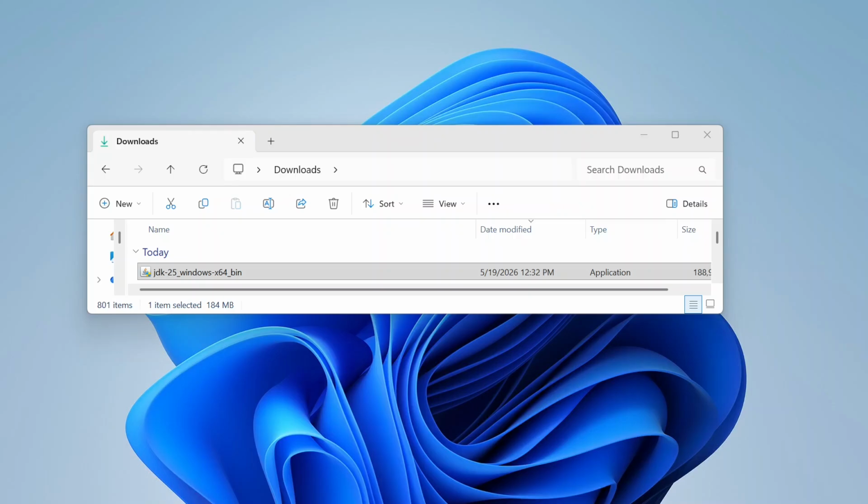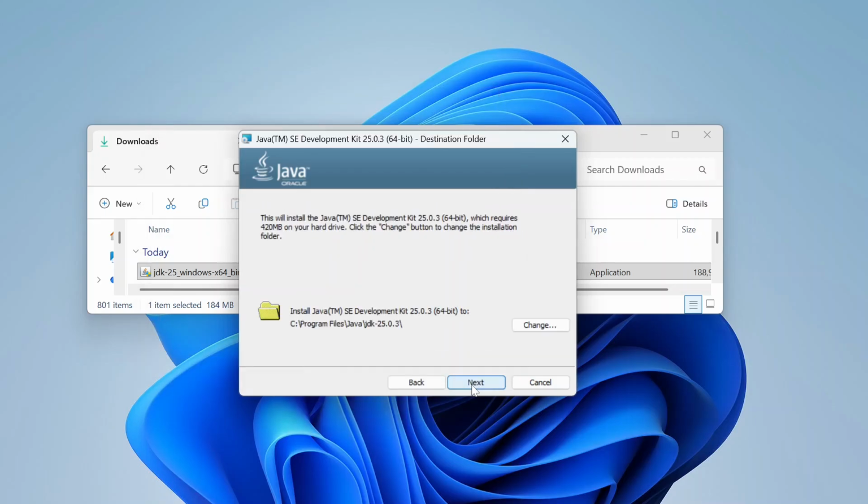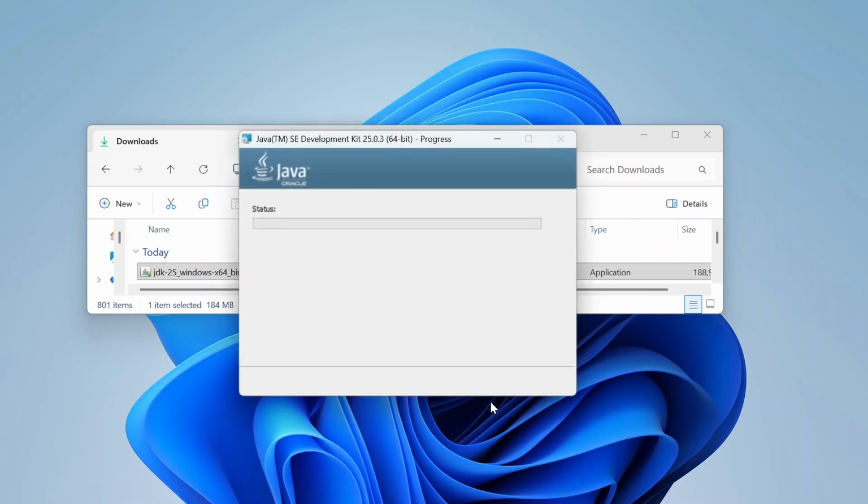After the file downloads, I just click on this executable file. After that, I get this window appearing. Welcome to the installation wizard for the Java Development Kit. And then, practically everywhere, I just click Next. Here you can choose a different directory for installation. By default, it's in C, Program Files Java. I'll leave it as it is. I click Next, and then the installation of Java proceeds.